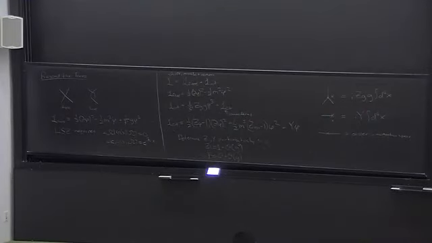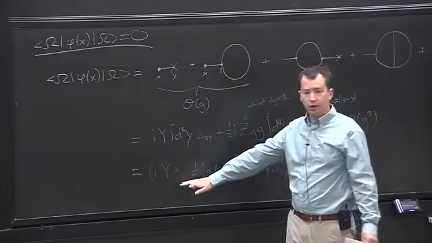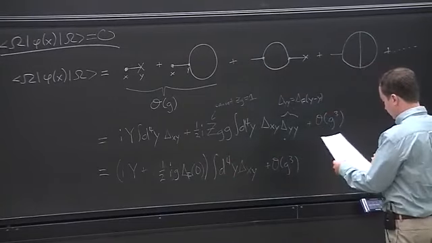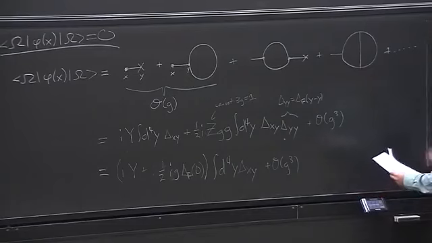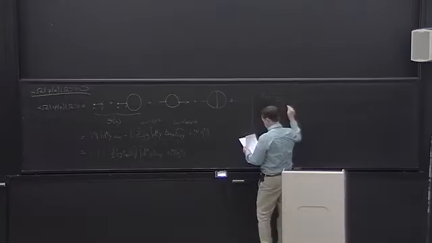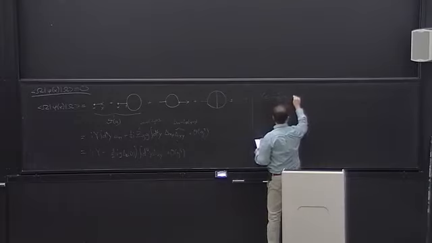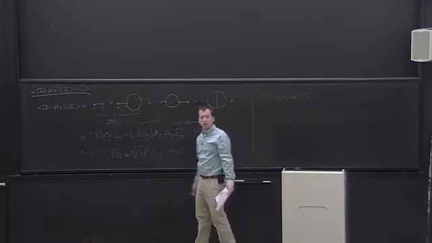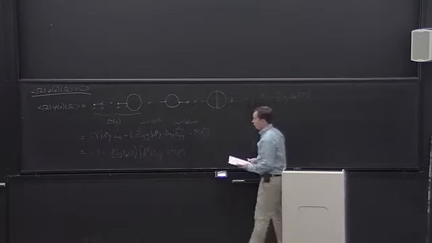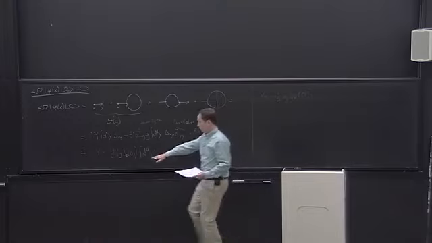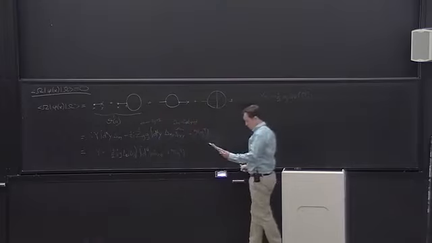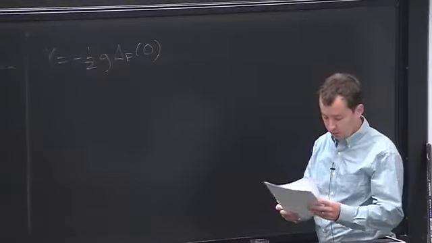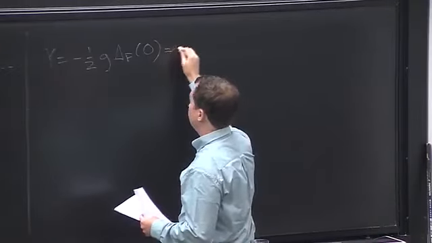Okay. So this gives us an expression for y at leading order. So we should have that y is minus a half g delta f of 0, because this thing doesn't vanish for general x. So the only way that this can be 0 is if this coefficient is 0. So there's only one small issue with this, which is that if we write this out,